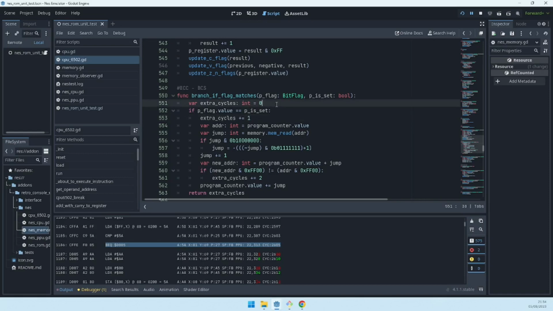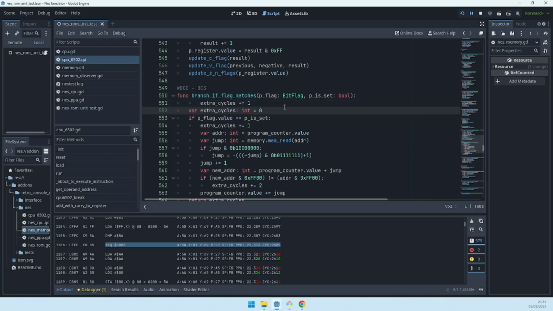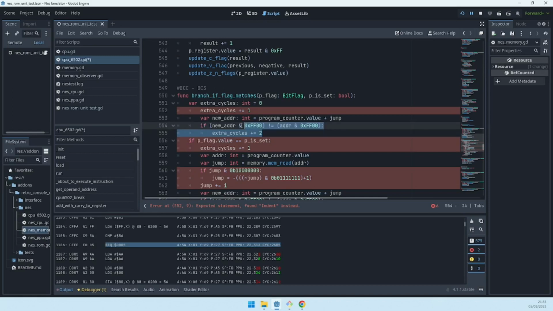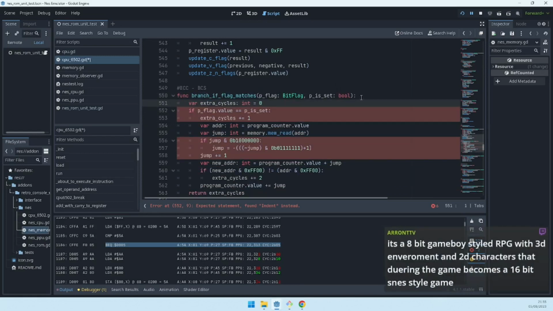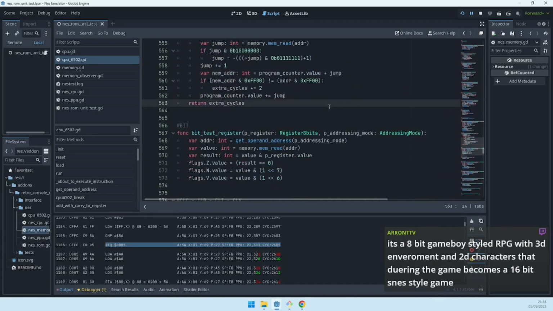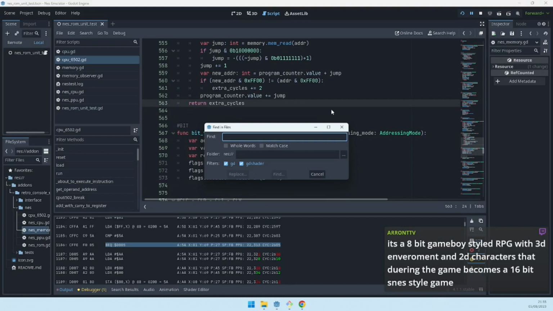So I will copy this line and this other line, and I am going to copy this just to take it to the other function. So branch equals